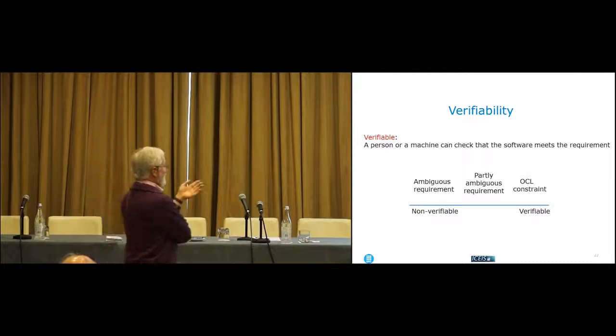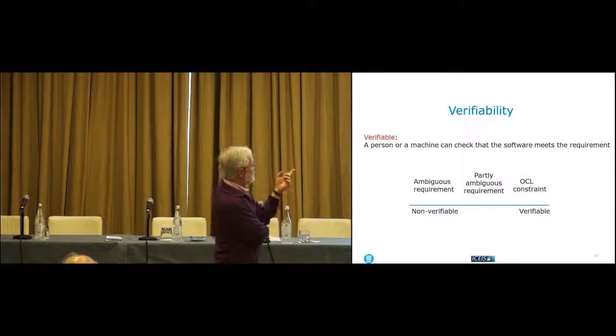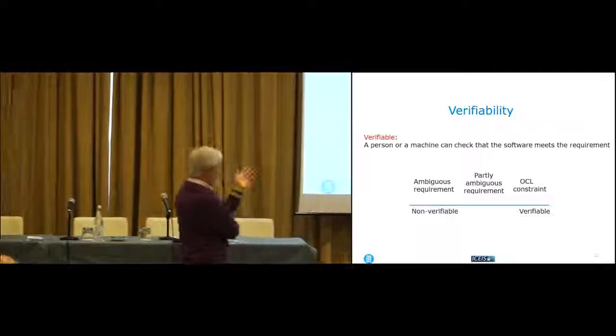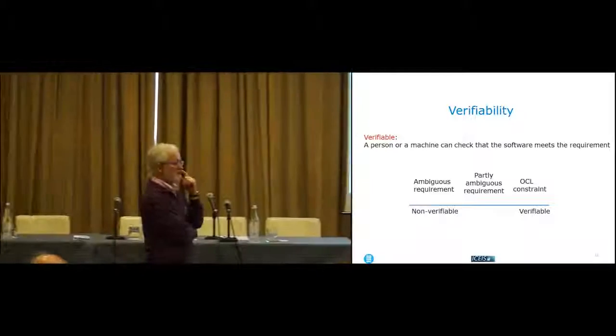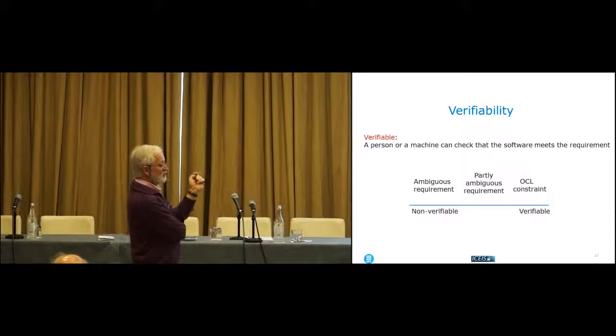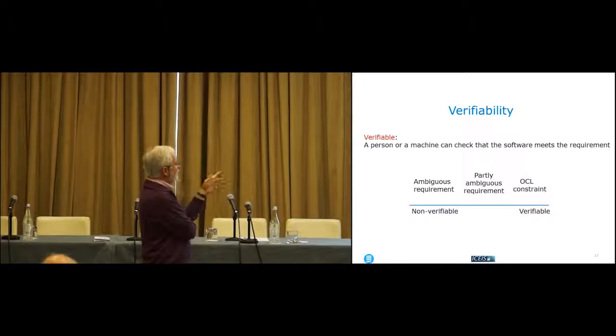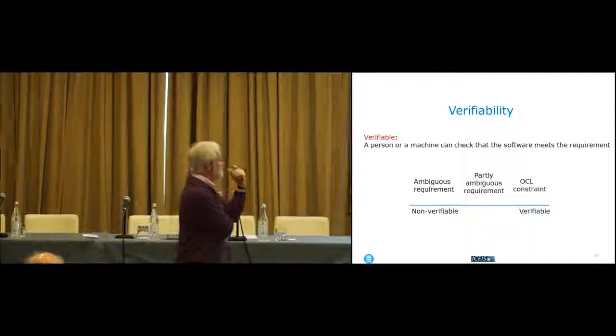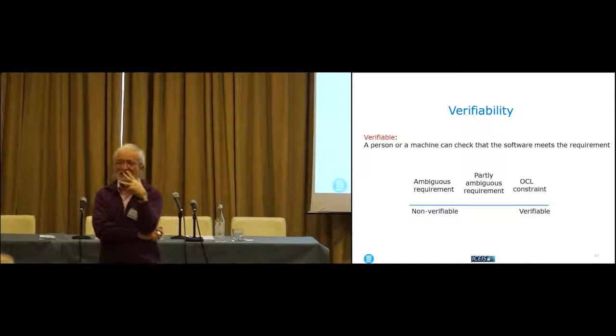An example of a verifiable requirement, a functional requirement, would be an OCL constraint, because of course it's very formal, so it's not difficult at all to verify that the system meets or does not meet this constraint. And in between, you can find the partly ambiguous requirements. These are requirements that